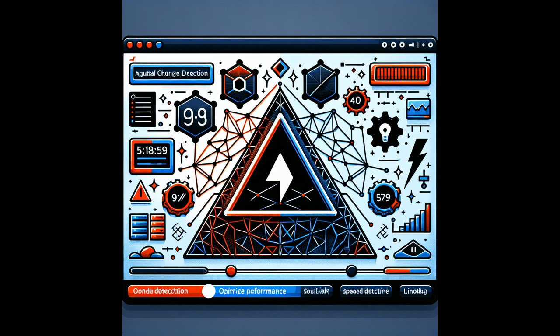Today, we're diving deep into a concept that's truly at the core of Angular. It's often misunderstood, I think, but incredibly powerful: change detection. Our mission today is basically to take your sources and give you the shortcut, the real understanding of how Angular keeps your application's user interface perfectly in sync with its data. We'll explore why mastering this isn't just a technical detail, but really a path to building smoother, faster apps. Think of it like uncovering the crucial behind the scenes magic that, once you grasp it, really elevates your development